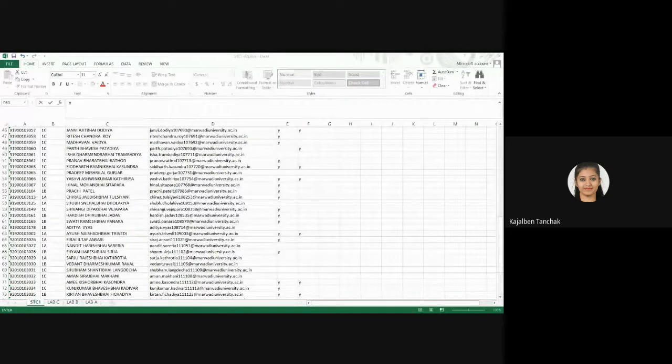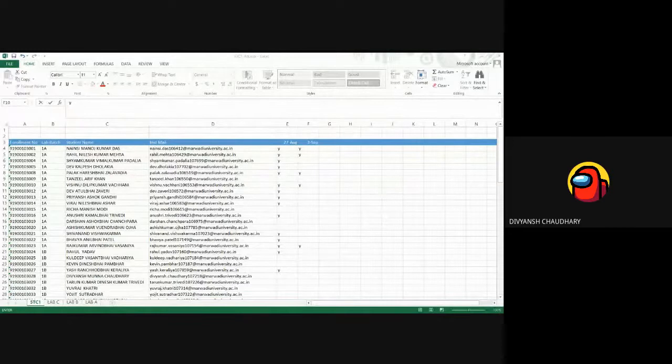Then Vishnu, Kirtan. I guess Kirtan I have marked present, right? 10 roll number. Vishnu, Divyansh, 28, ma'am.